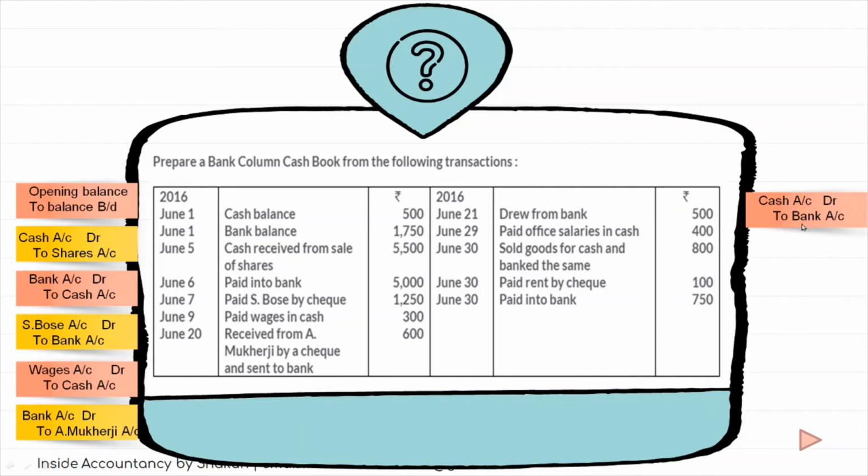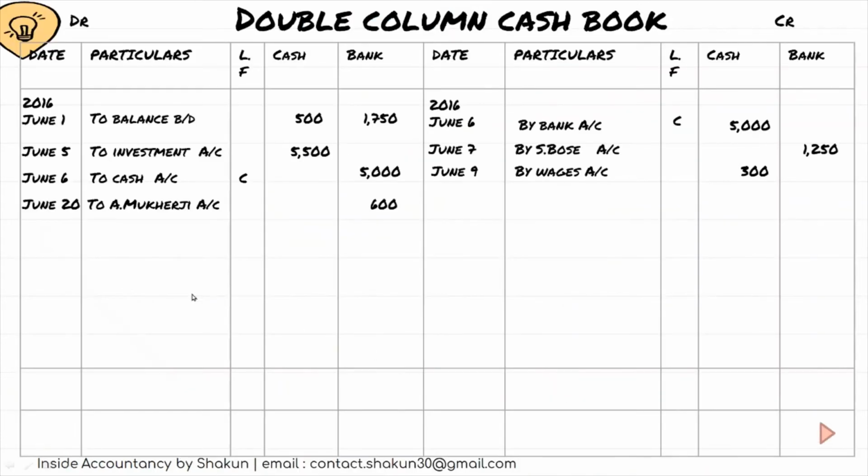So yes, you are right. This is a contra entry where cash is debited in the name of bank and bank is credited in the name of cash. So on the debit side, what are we going to write? We are going to write to bank. So in our solution on the debit side, we will write to bank, and then take it as a hint. Whenever I write to bank here, the amount will never be there in the bank account.